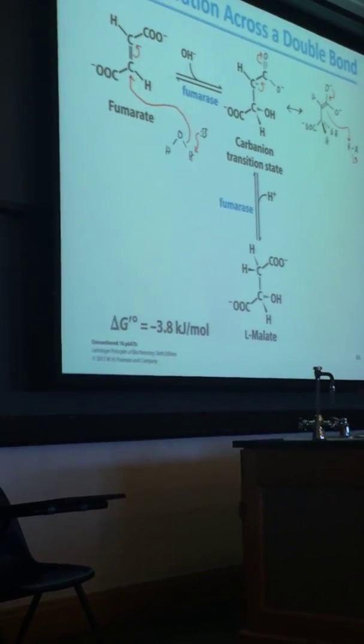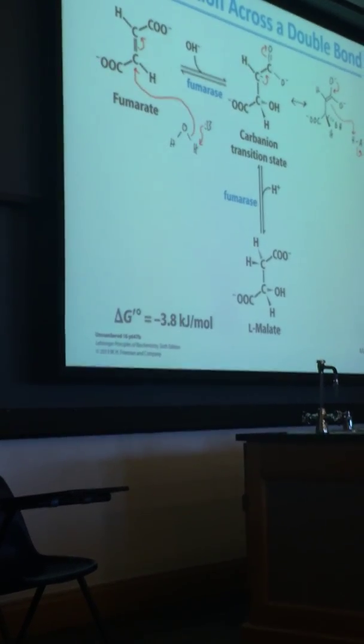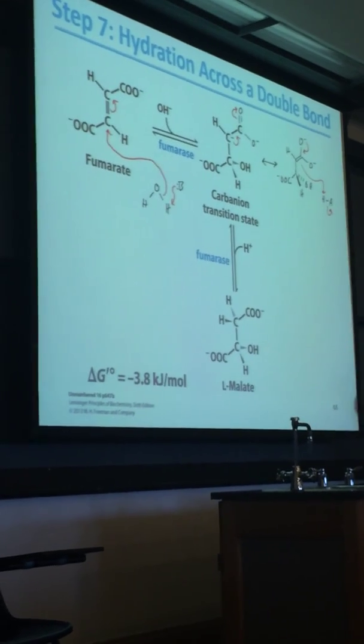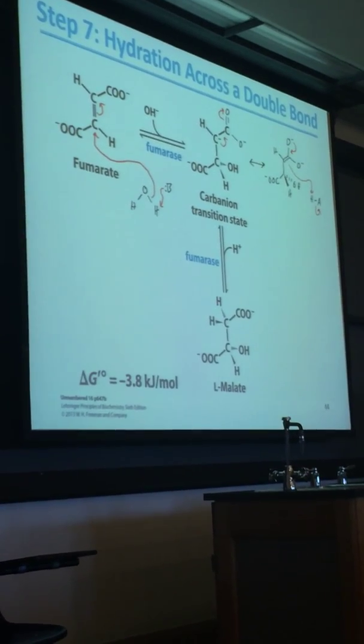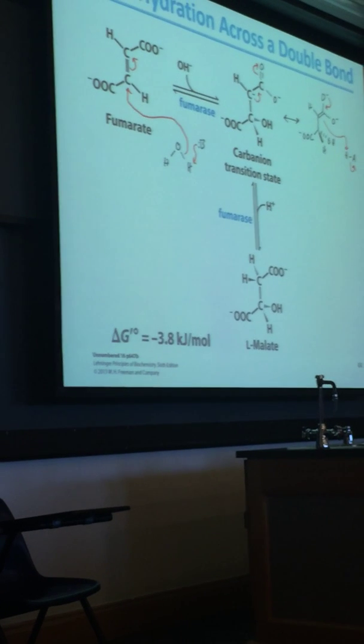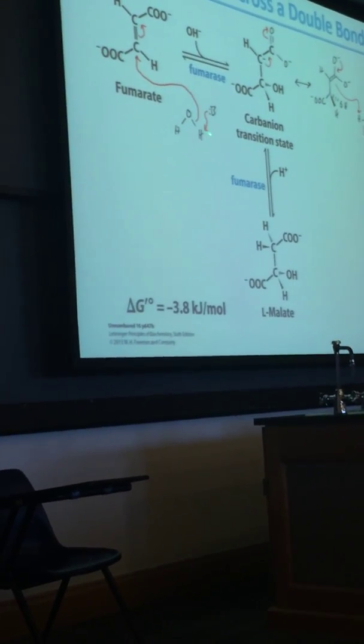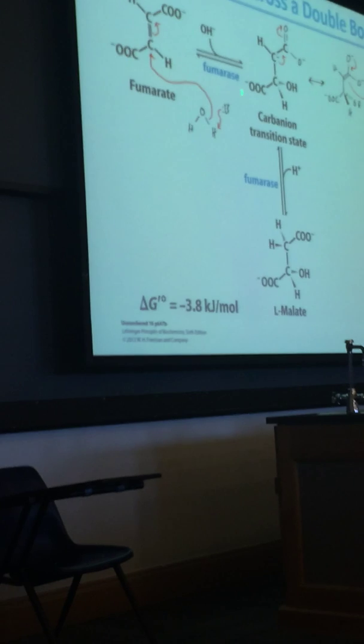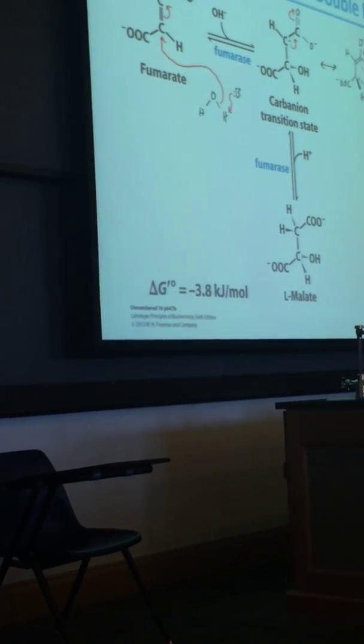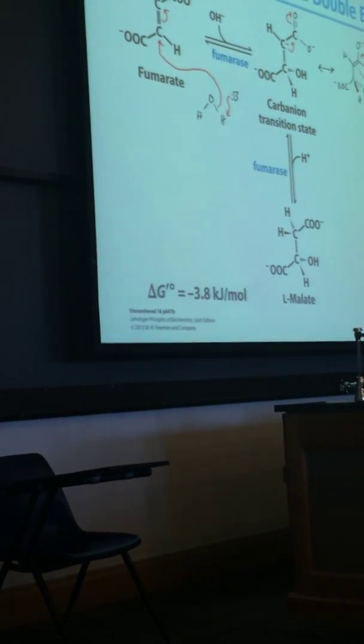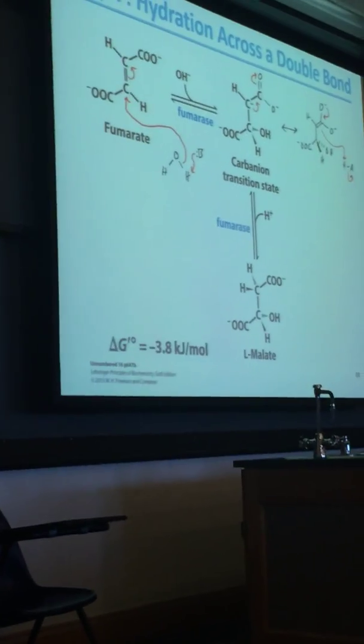All right. So again, the whole point of these last 3 steps is to do a 4-electron oxidation and add a carbonyl. And the oxygen is coming from water. All right? So notice that it's the same enzyme carrying this out. When you look at this molecule, when you think about alpha-beta unsaturated carbonyl compounds, just remember that when you look